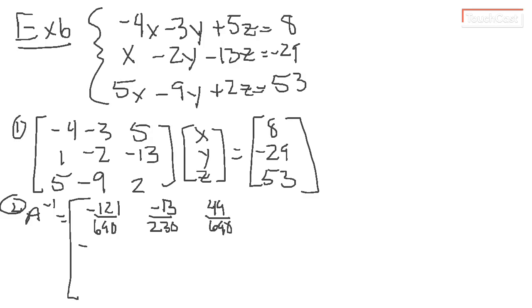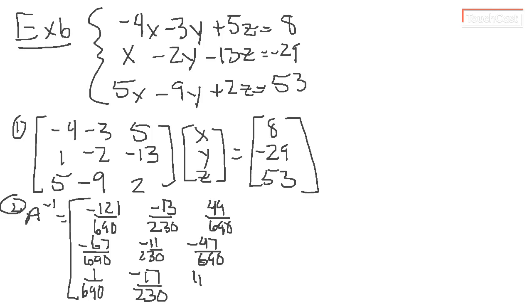My second row is going to be negative 67 over 690, negative 11 over 230, and negative 47 over 690. And lastly, my last row is going to be 1 over 690, negative 17 over 230,